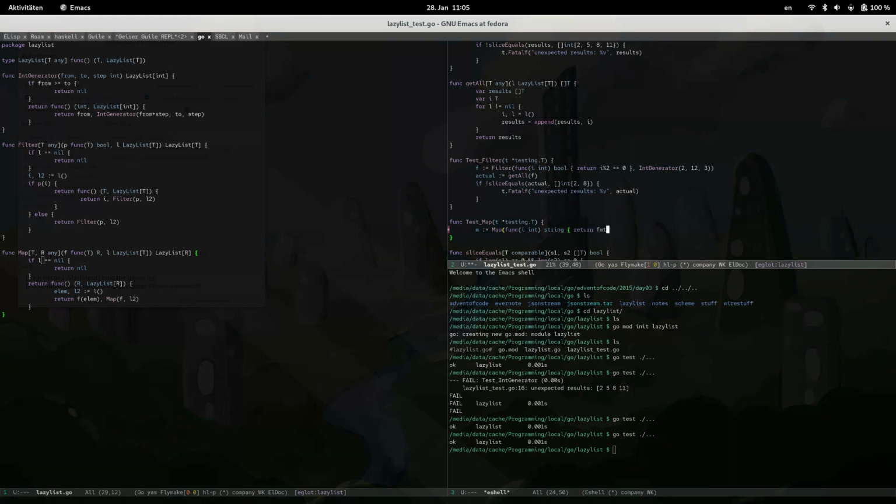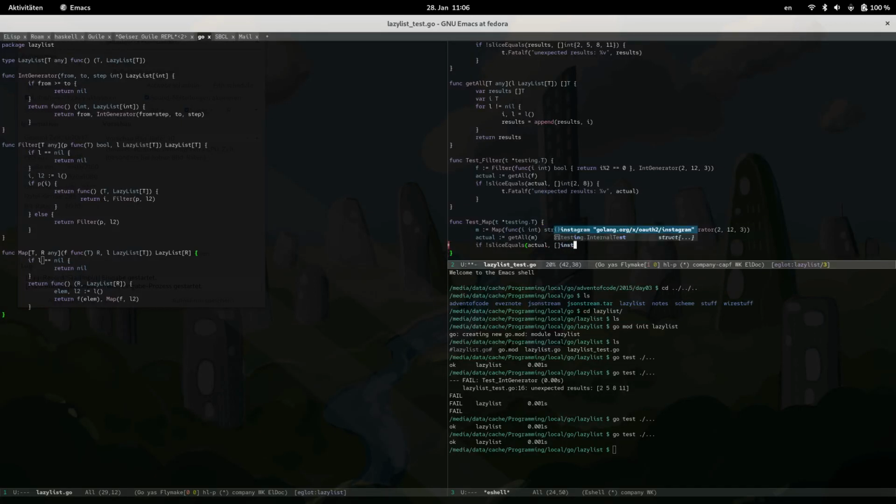Return fmt.Sprintf of this format, I. Okay, and let's take our int generator as the last time and see what happens. Actual is equal to get all M, and if not slice equals actual,